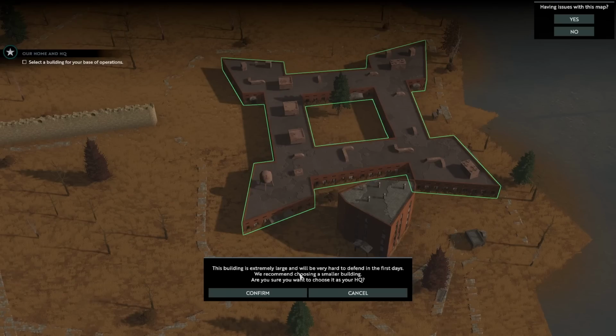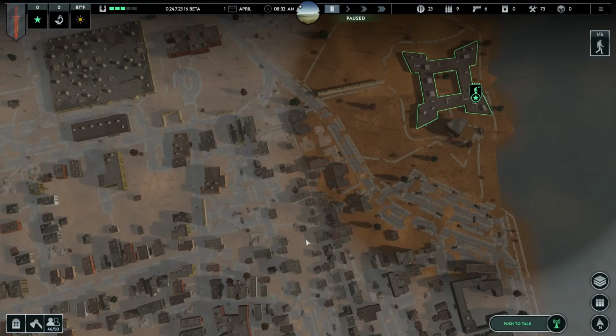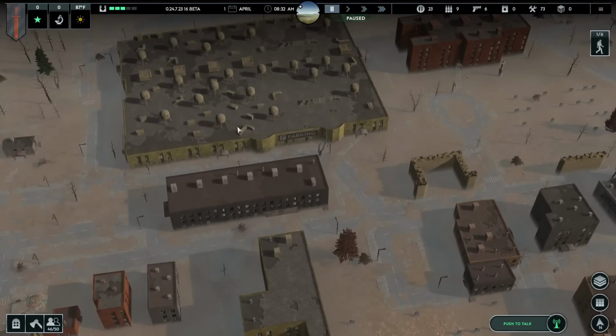And this building is extremely large and will be very hard to defend in the first days. We recommend choosing a smaller building. Are you sure you want to choose it as your HQ? I sure do. Alright, so now our fog of war is very limited, but you can see here that the